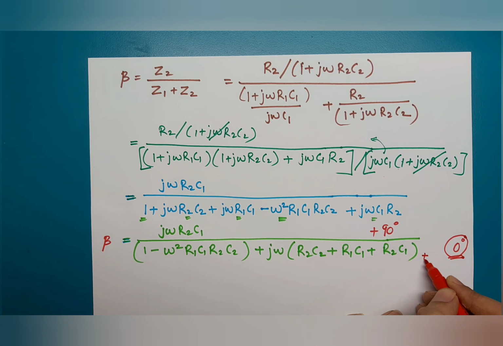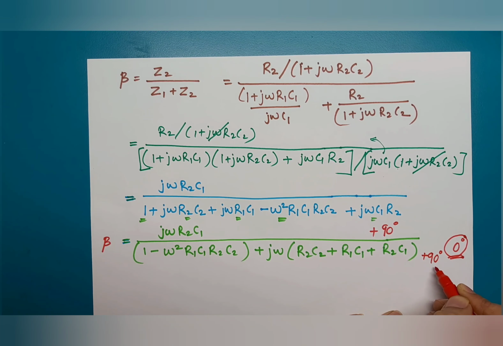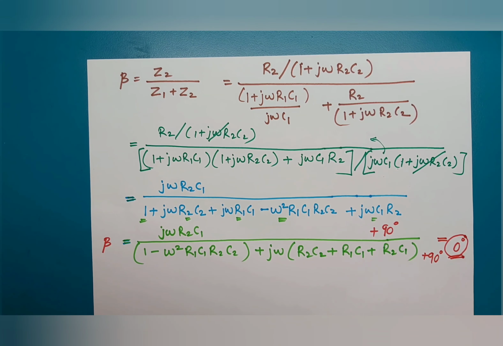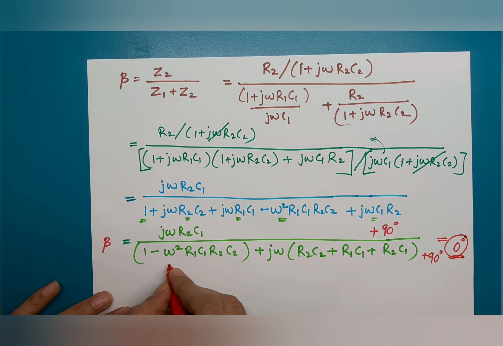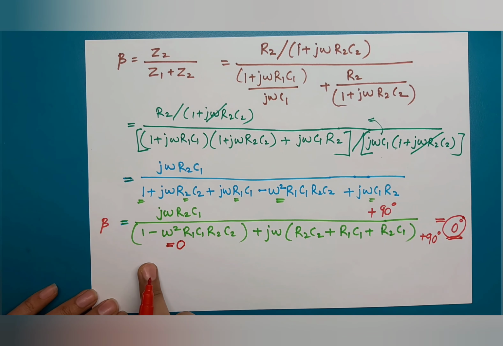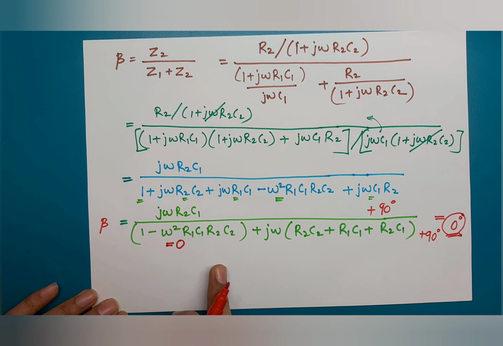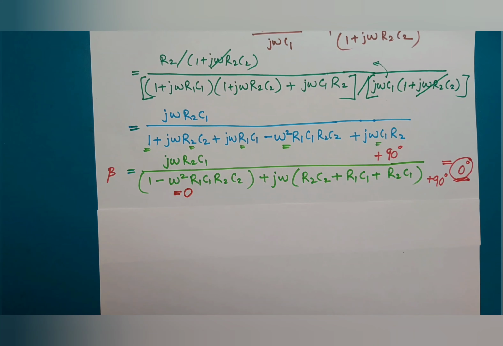Then we will get plus 90 degrees in the denominator, and that way the overall phase of beta will become 0 degrees. Therefore, to satisfy this condition, it is mandatory that the denominator of beta has real part as 0. So using this condition and solving it for frequency,